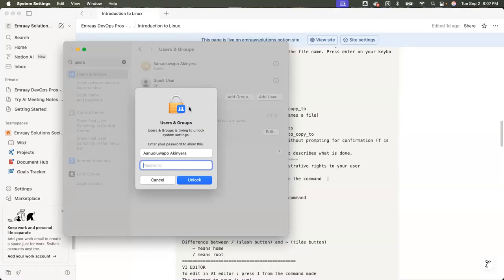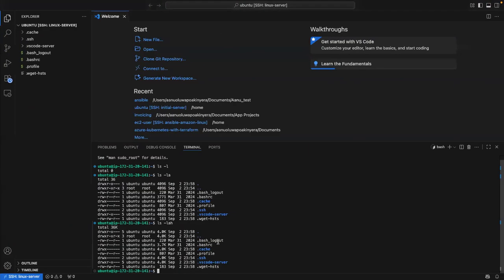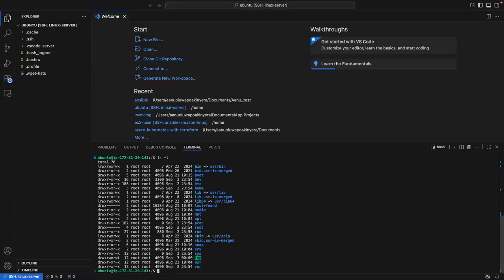So there are certain commands that you cannot run except you have that sudo privilege. That's just what it is. So let me cancel this, and see if I can do cd slash, ls -l.